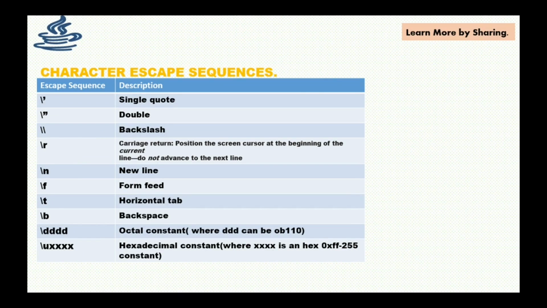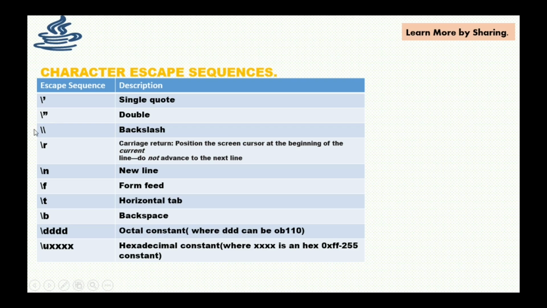So we have character escape sequences. In Java, we use these escape sequences in our programs. In that integer example we saw that we used those decimal delimiters. So let's look at what these are. Now we have a single quote, in single quotes, forward slash, backward slash, single quote. We have a double quote, we have a backslash. We also have a return